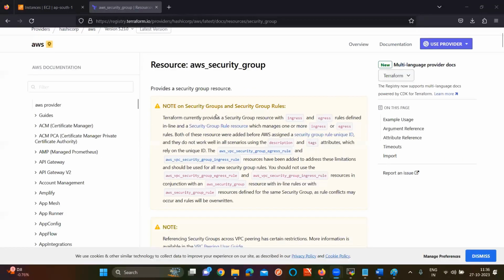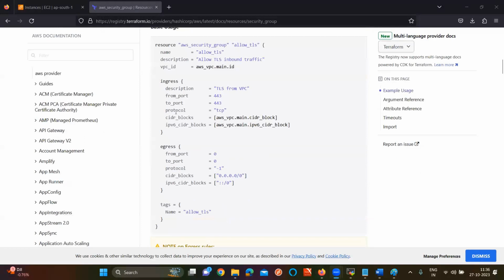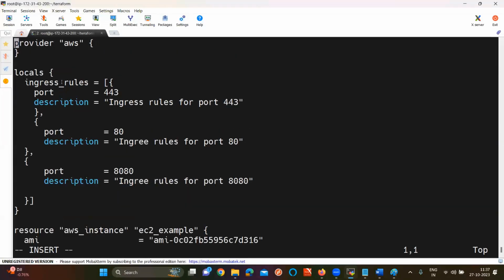Sir, if you go and see, for ingress rules for TCP like 443, I need to write this much content. Again for 80 also I need to write this much content, or not, sir? Again for 8080 also I need to write this much content. But instead of writing that many blocks, I am taking one single block only. Already these values I have defined in my locals ingress. From here I am picking the value.